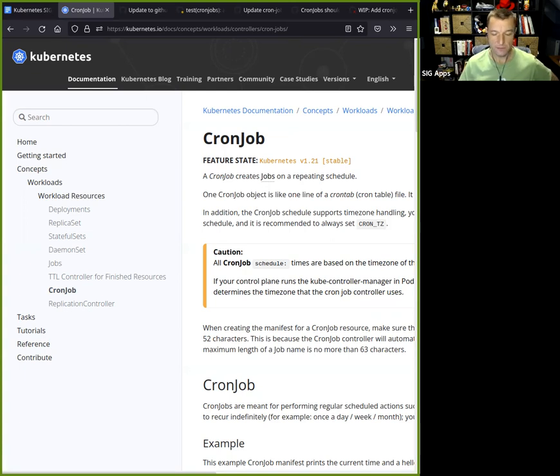I'm considering two options. One would be a hard fail, as in we would update the validation mechanism such that everybody who is using this kind of feature creep would get a validation error, and that would make their cron job not functional.